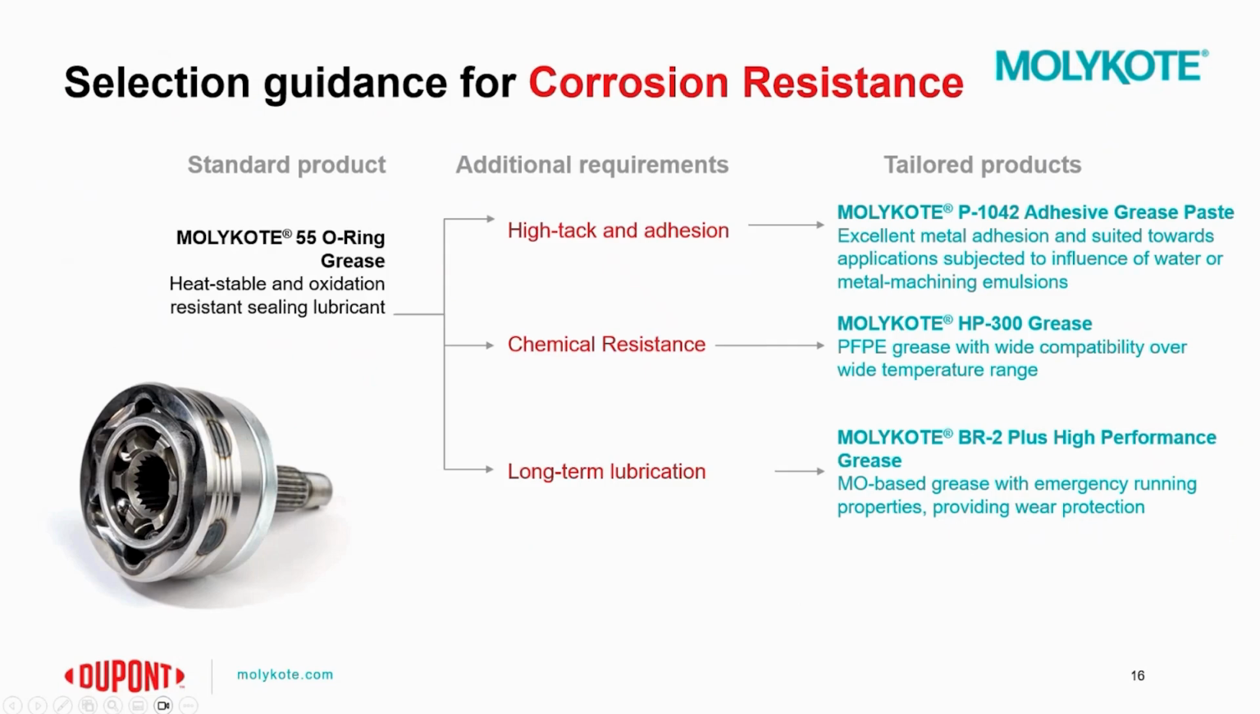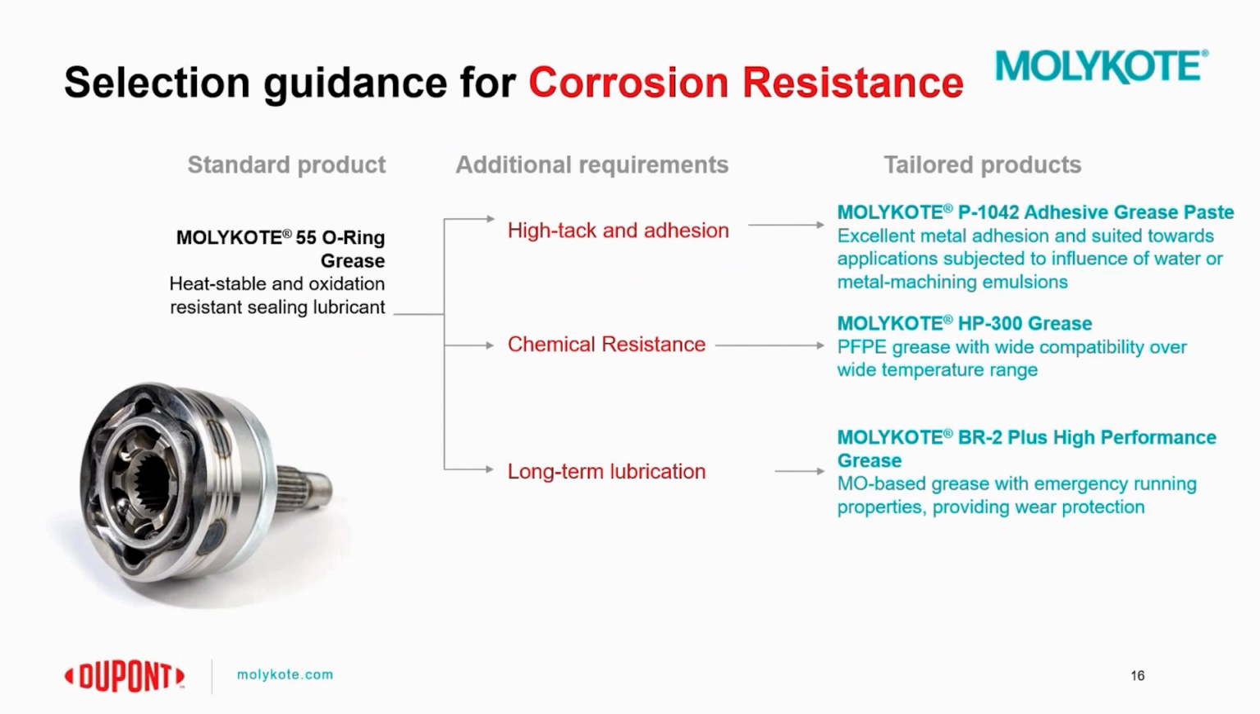So now we could look at general guidance for selecting materials for corrosion resistance. As we mentioned before, a good standard product for corrosion resistance in many applications, particularly for sealing applications, is MOLYKOTE 55 O-ring grease. And based upon additional enhanced performance needs, you could also select more tailored products